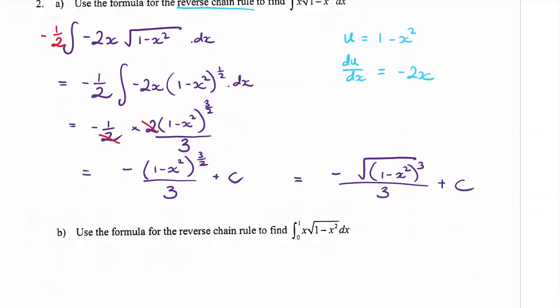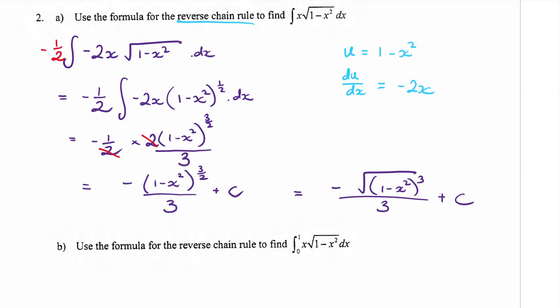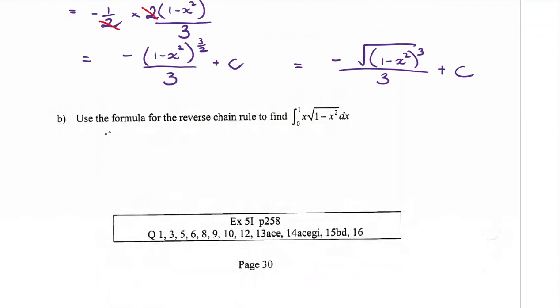Question B, it says use the reverse chain rule to find the integral of x square root of 1 minus x squared dx. That's the exact same question, but this one has numbers on the integral. So this is an indefinite integral. Got the plus c. I now want to do the same thing. I don't have to do the process again. I already know what the integral is, but I now want it to be a definite integral where I can sub the values in. So taking my answer, which was the minus 1 minus x squared to the power of